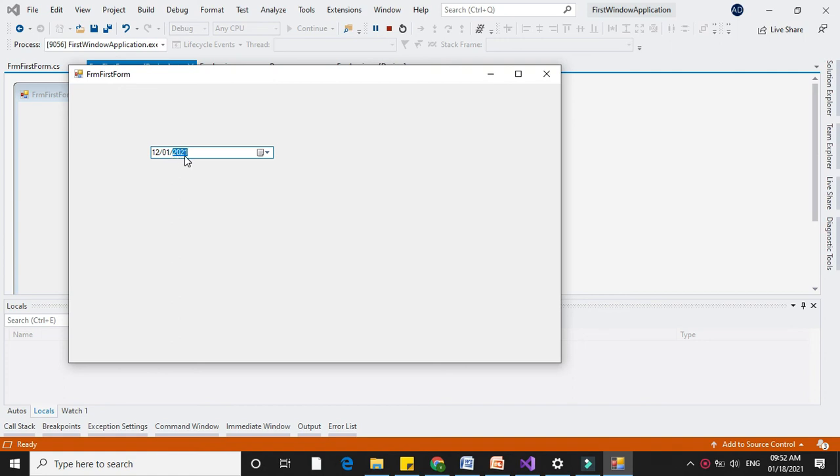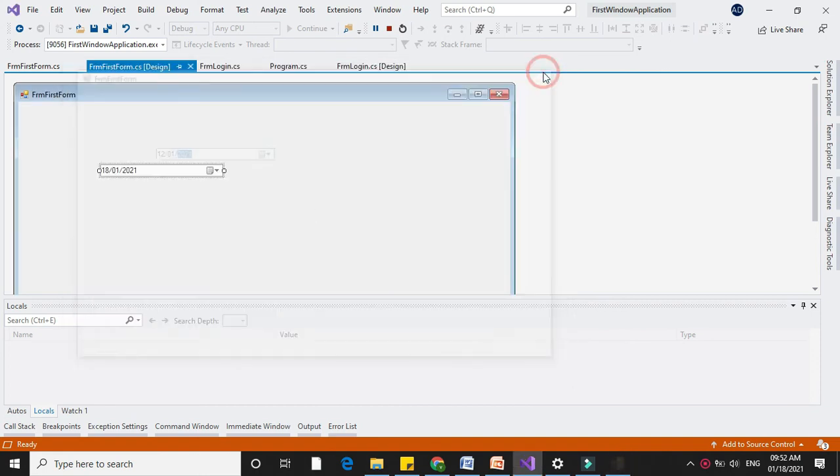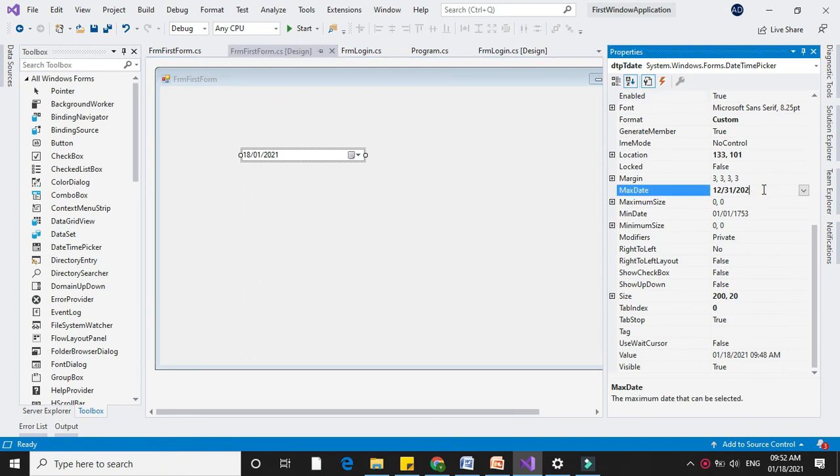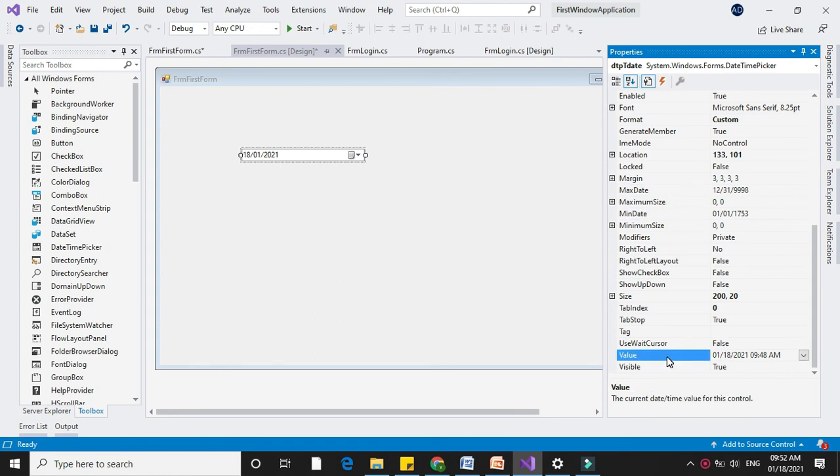That is, 2021 is the last year that you can input. Similarly, you can set the minimum date. The Value property is used to get the current value of the date time picker.